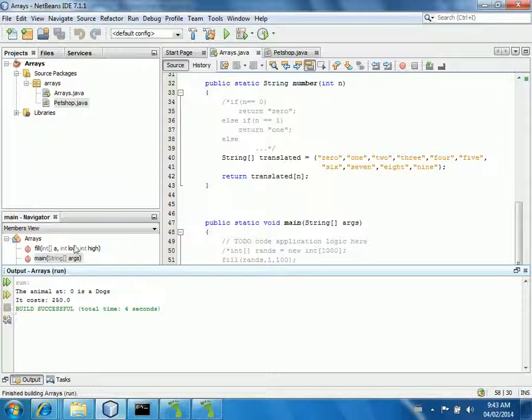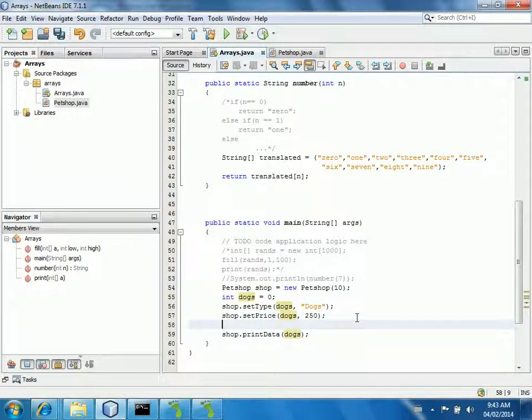When I run it, it says the animal at 0 is a dogs. So I guess I need to grammatically change that. And it costs $250. So the reason it gets this name parallel is what I'm doing with my data would look like this. Here's my array, and right now what I've done is put dogs. You know, maybe I'm going to have cats, goldfish, gerbils, and I've said dogs are $250,